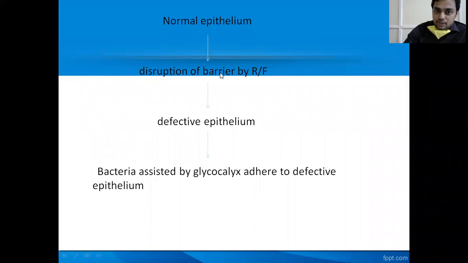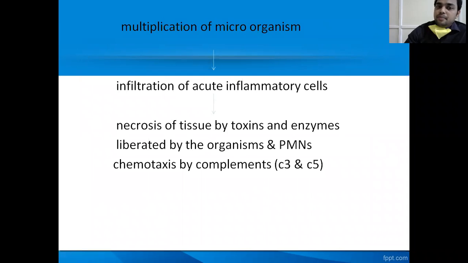So in this flowchart, we can see normal epithelium. There is a disruption of the barrier by any risk factor I mentioned earlier, and defective epithelium. In the cell membrane, the bacteria has a part called glycocalyx. With this, it adheres to the defective epithelium and multiplies. There is infiltration of acute inflammatory cells, and finally,